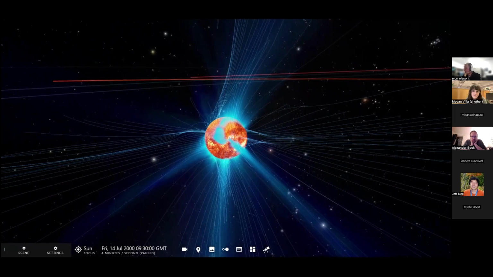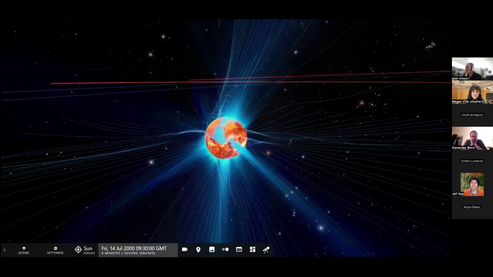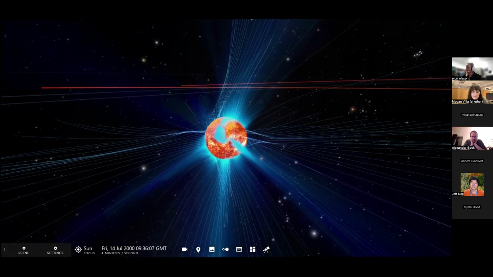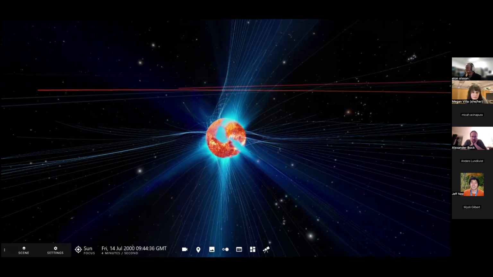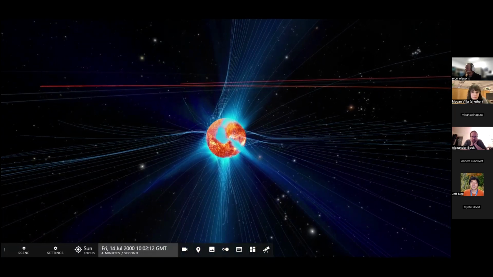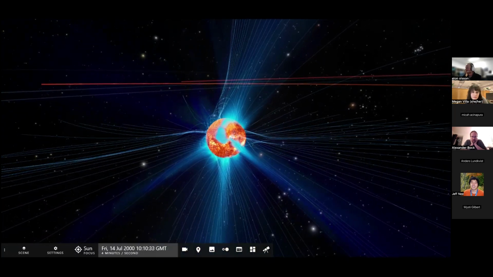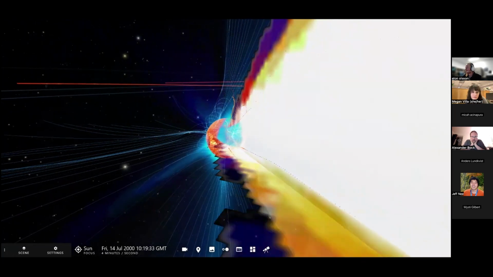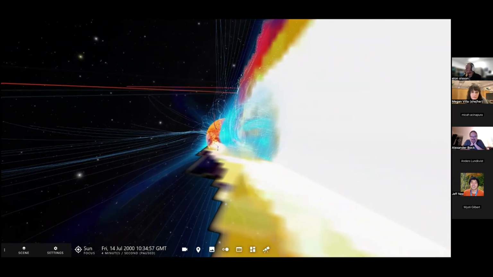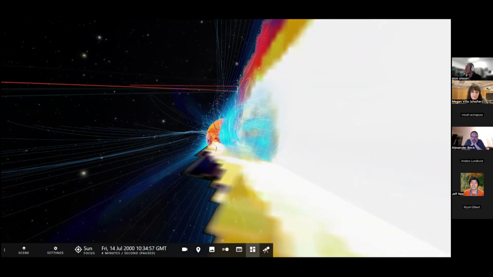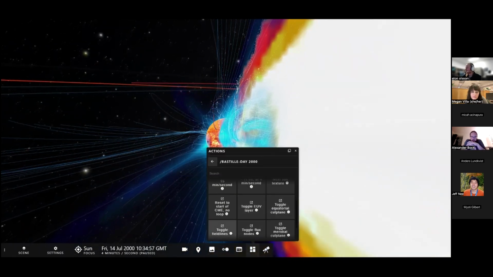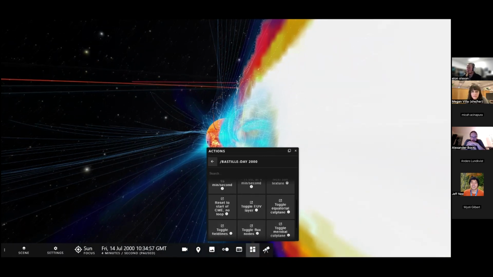Oh, I have time paused also. So I'll start it now, and this is basically what you'll see yourself when you run it. The eruption starts here at about 10 past 10. And yeah, there's a lot going on here. So again, what I like to do is toggle a lot of these things off and show them one at a time. Those actions, I also have them on hotkeys,